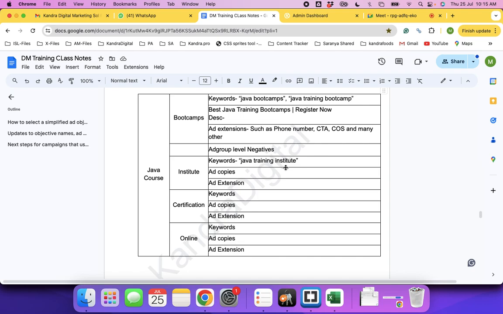Just three words. So now, Java Training Institute near me with the price, it's very lengthy. It's a tail keyword, right? The best Java Training Institute in Bangalore near me is a tail keyword again, correct? A lengthy keyword or a tail keyword. Just Java Training or Java Training Institute is a short keyword, and most of the time the short keywords are the known keywords and lengthy keywords are the unknown searches or unknown keywords.